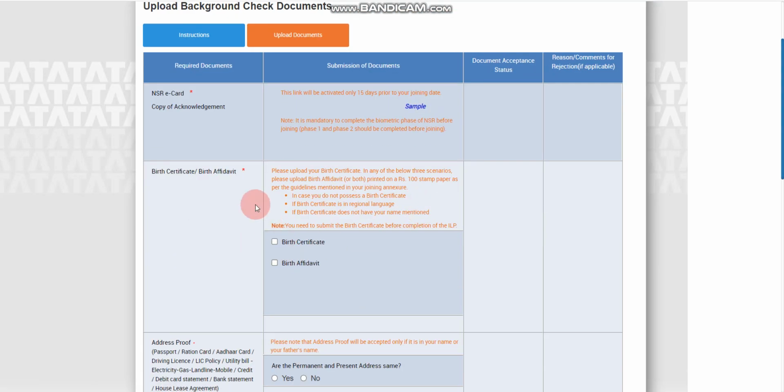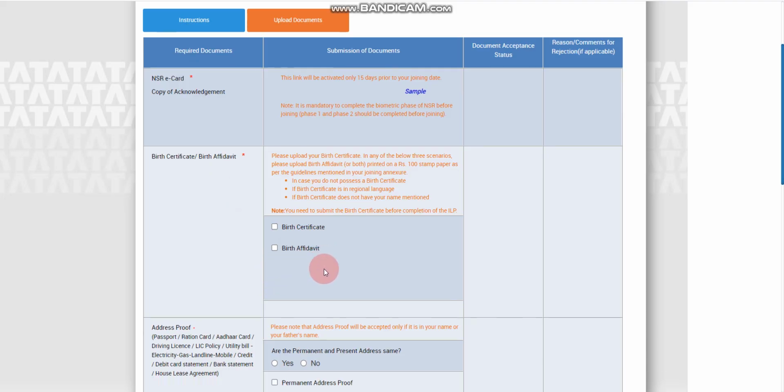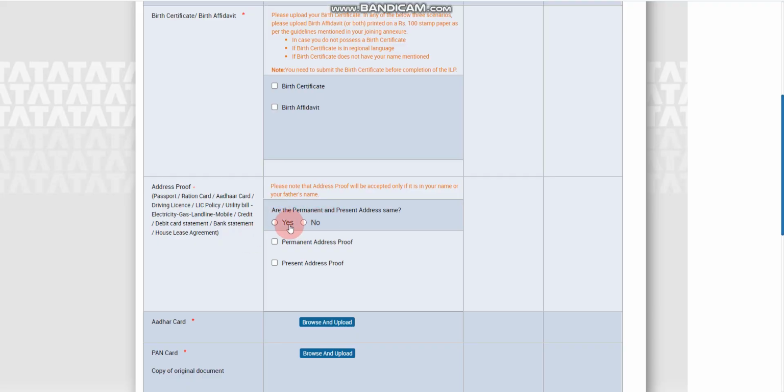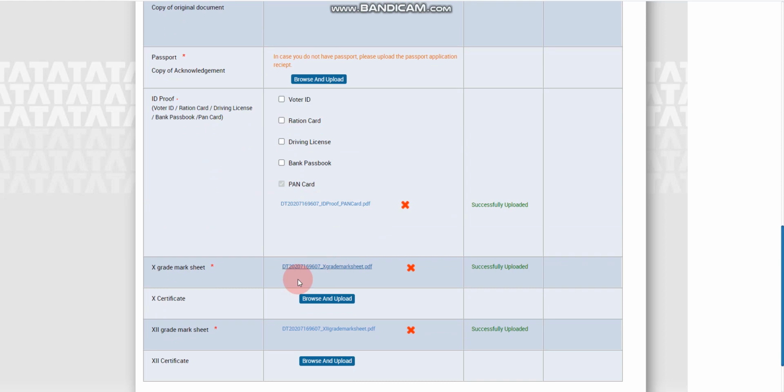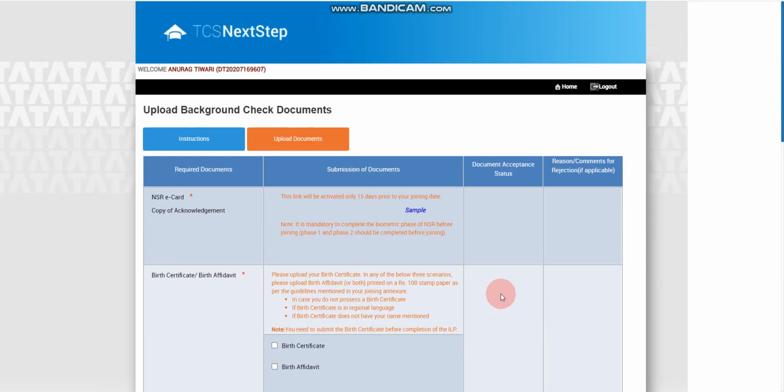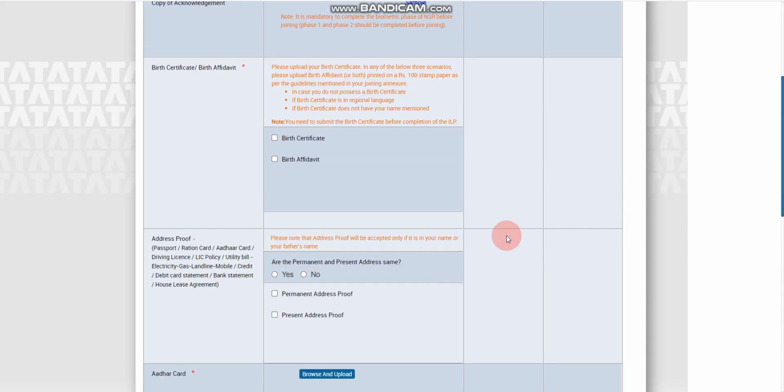After that you have to upload your birth certificate, birth affidavit, and whether your permanent address is the same, etc. Till now I uploaded only 3 documents. First one is my PAN card, second one is my 10th mark sheet and 12th mark sheet. These documents are successfully uploaded, so it's showing successfully uploaded. After that, they will show one more thing, document acceptance status. They will show it here.